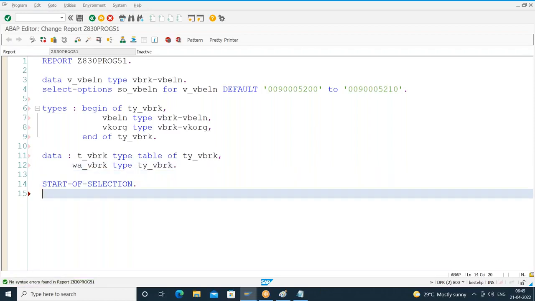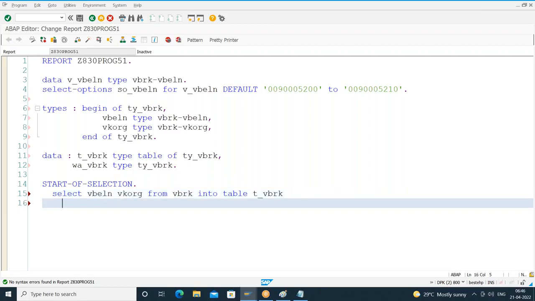So first let us get the data from the header table. Here I can directly write, or else I'll put a perform statement. Okay, I'll directly write the select query. Select vbeln, vkorg from the vbrk table into table t_vbrk where vbeln in